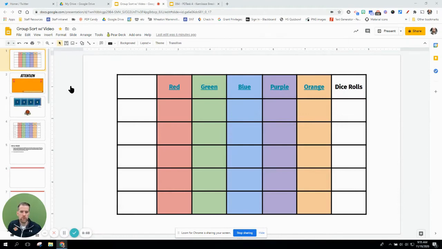So when doing virtual breakout rooms, I've found that it's a lot easier to manage and maintain and keep track of what students are doing if they're all on the same document. Now, you could do this with Jamboard and give each group their own slide. However, I find that Slides is a little bit easier to move around things and edit things. And so I prefer to stay in Slides, but you could do a lot of this with Jamboard as well,